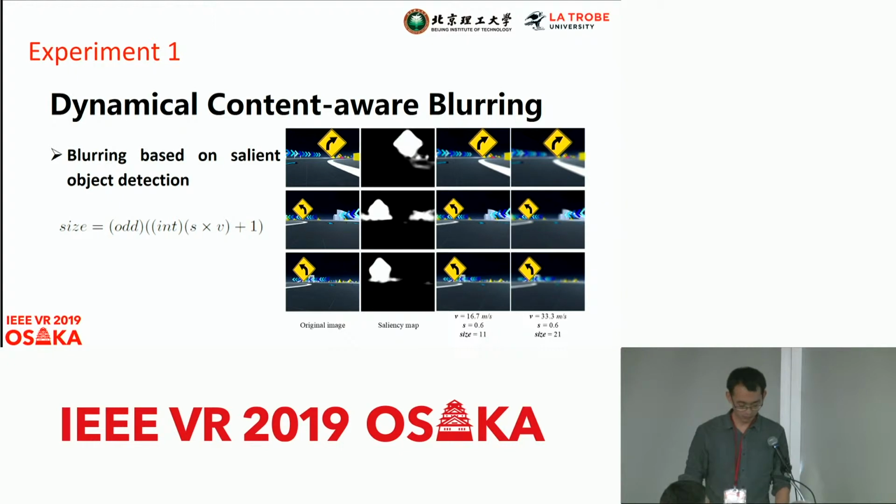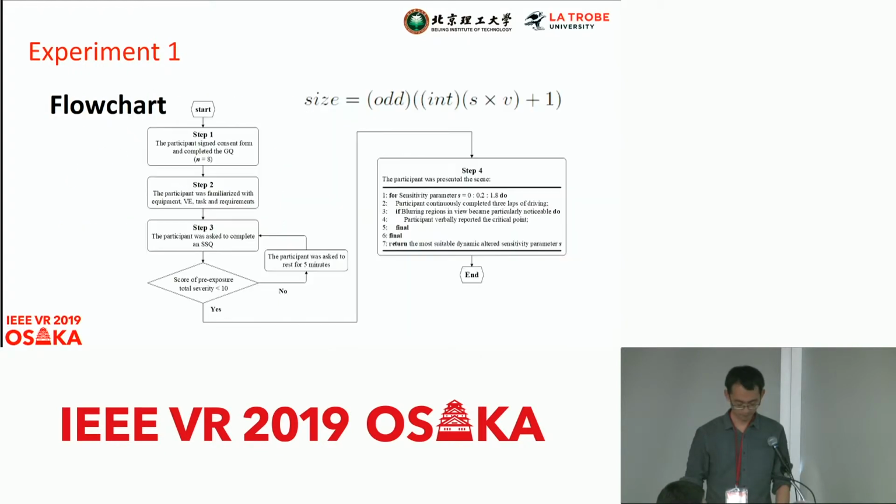We will apply the dynamic content aware learning based on our salient object detection. This shows the flowchart of the first experiment. There are totally 8 participants in the first study. During the first experiment,